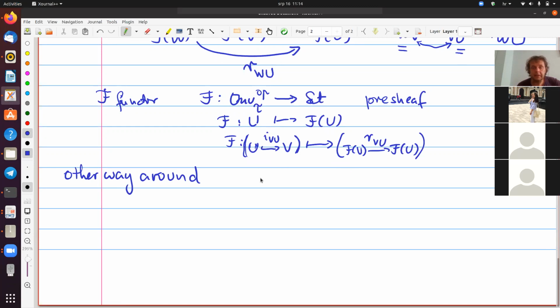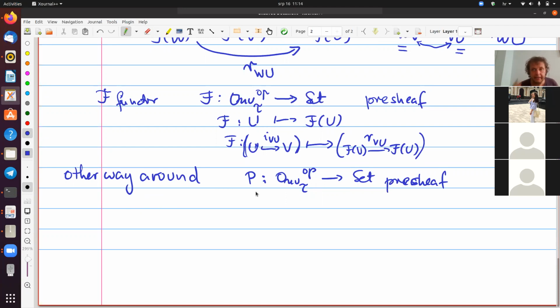But the other way around, you can start with any pre-sheaf. So P from the open sets of X with tau opposite to set is a pre-sheaf. So just a contravariant functor. I mean, it's a covariant functor written this way, covariant from the opposite category. That's a contravariant functor: covariant from the opposite category. And then you can form the étale space